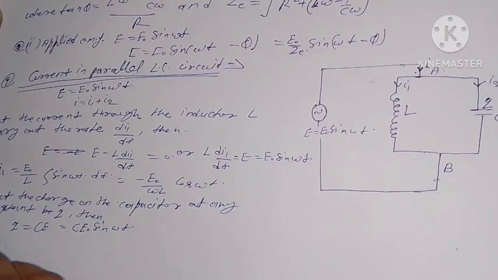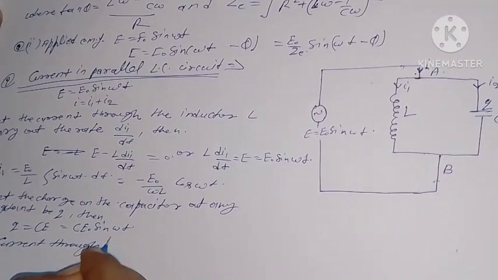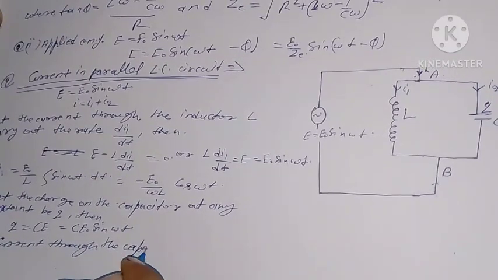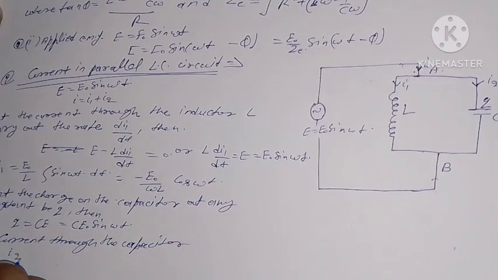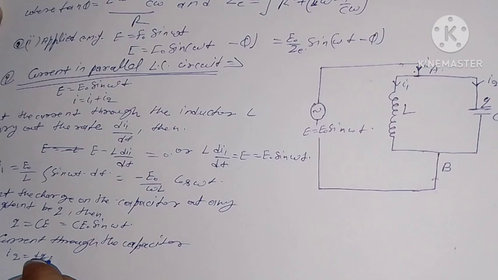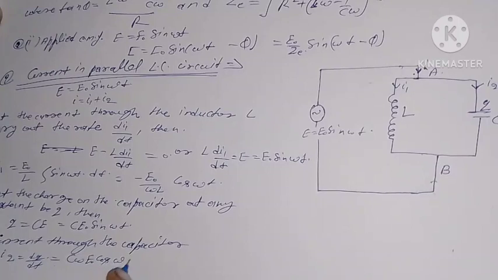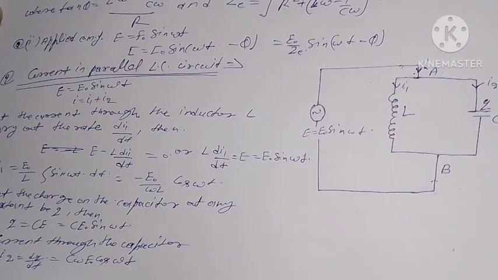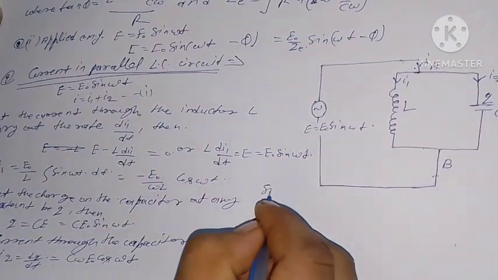Current through the capacitor I2 equal to dq by dt equal to C omega E naught cos omega t, and substituting the value of I1 and I2 in equation number first